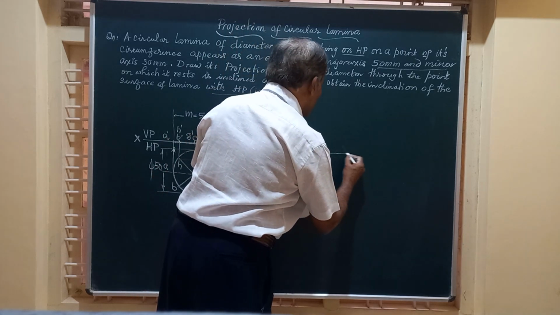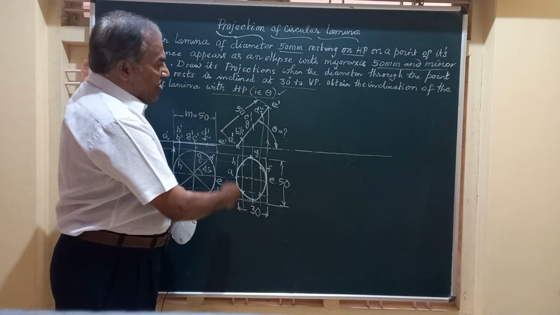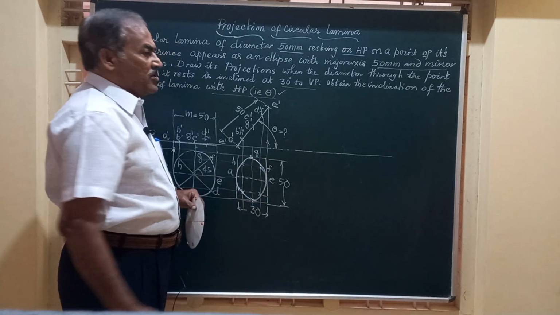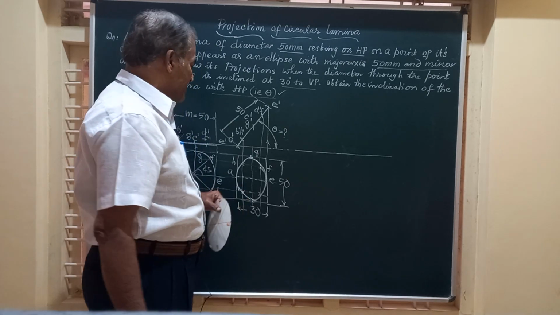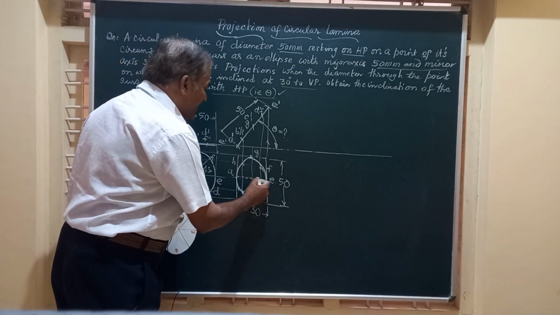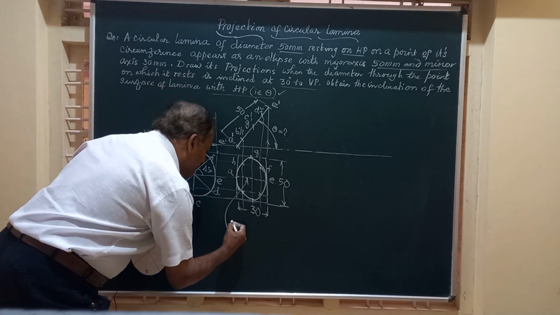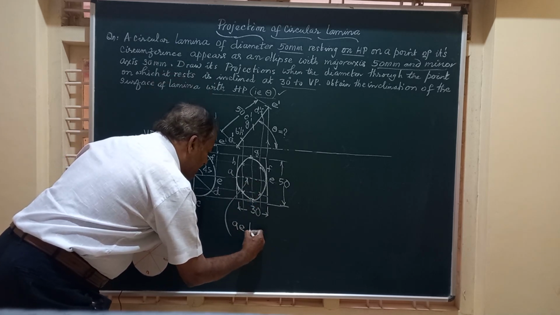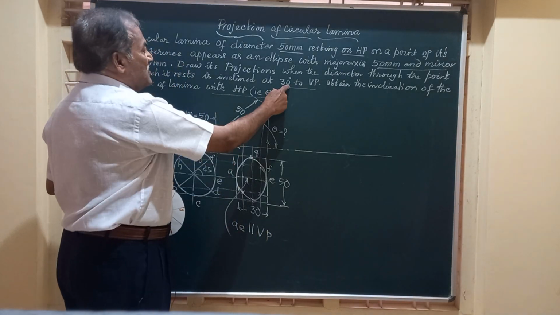So friends, what is to be done now? Whatever the view you have got here, the top view, has to be redrawn such that AE, which is parallel to VP, should be at an angle of 30 degrees